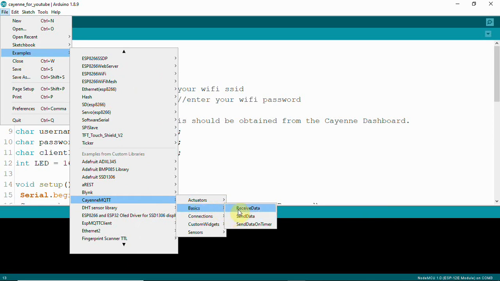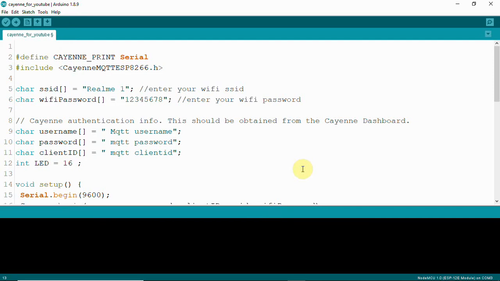You have the basics where you can send data and receive data, and based on that, I have a simple code which will help you to just publish the data to the dashboard, and then also we can subscribe to data from the dashboard. So we are going to work on the dashboard, and I'm going to explain the code very simply.